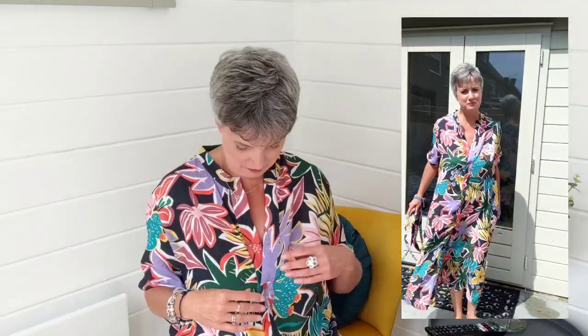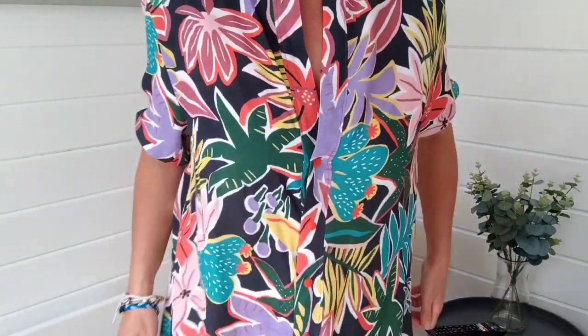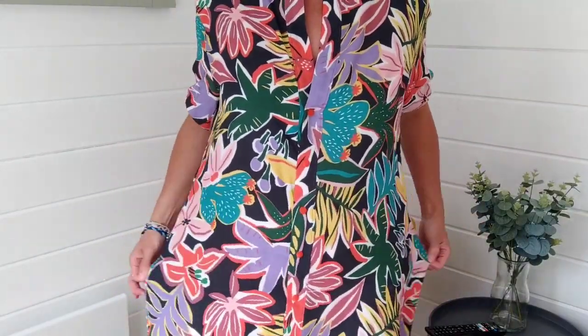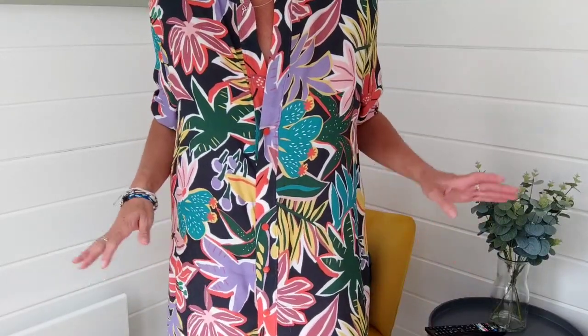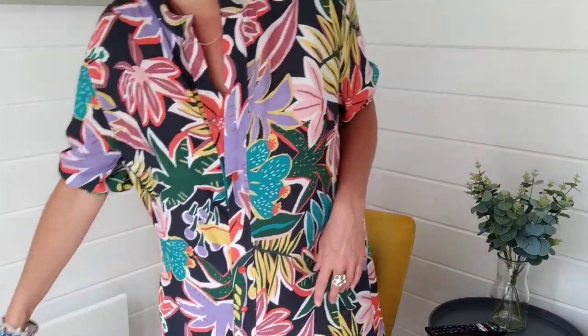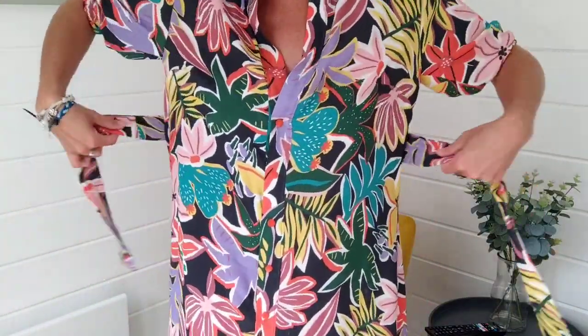This Tilda dress has a number of options. You've got a hidden button placket or a standard button placket. I went for the standard button placket, not that you can see it because of the busyness of the pattern. Again, you've got the signature collar finish here as well. Now I've left the belt off here so you can see the fit. I'm really sorry you can't see a full-length image, but I will take some footage with and without the belt. And then if I pop the belt on, you'll see that